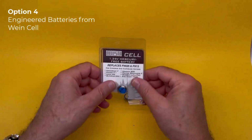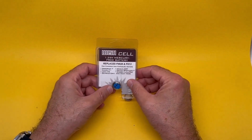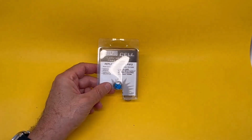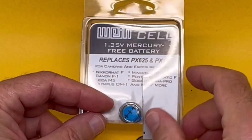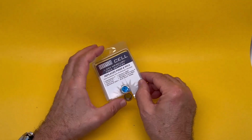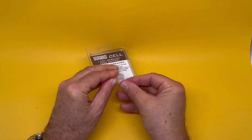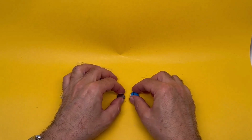Option 4, get one of these particularly engineered batteries for this purpose. They're called wine cell, 1.35 volts, which is exactly the right voltage. They come usually in these single packages, and they're very expensive, but they are not only made to look exactly like the original PX625, but they're exactly the right voltage as well. That's the positive side,